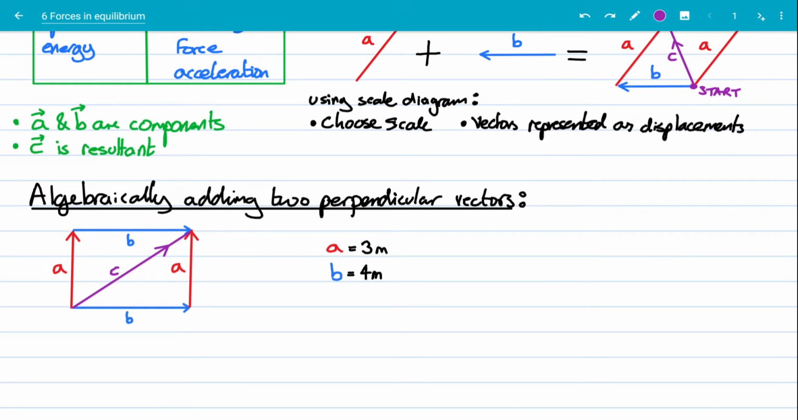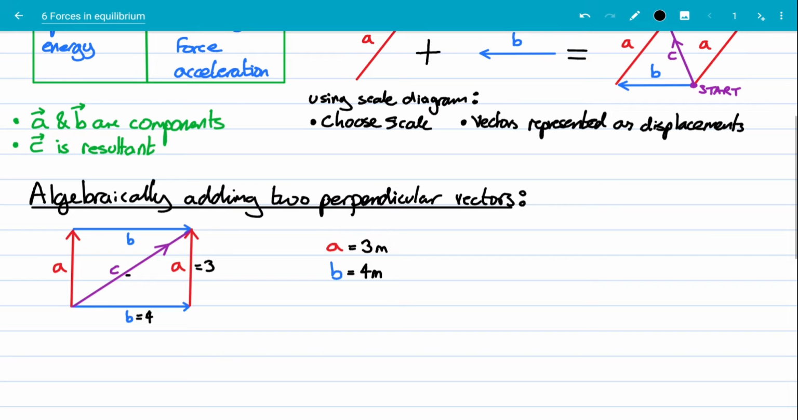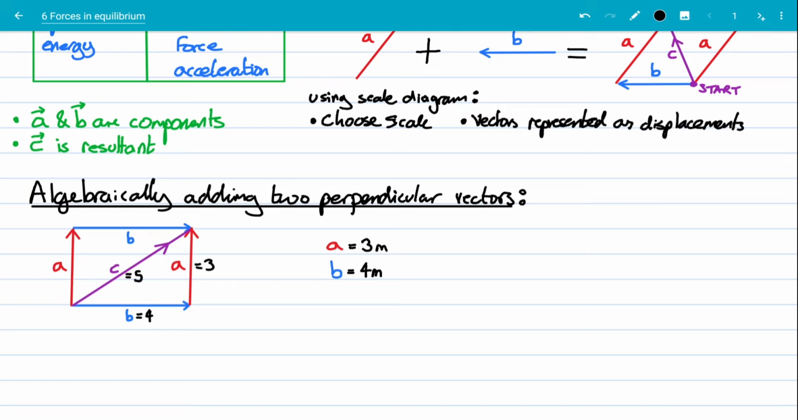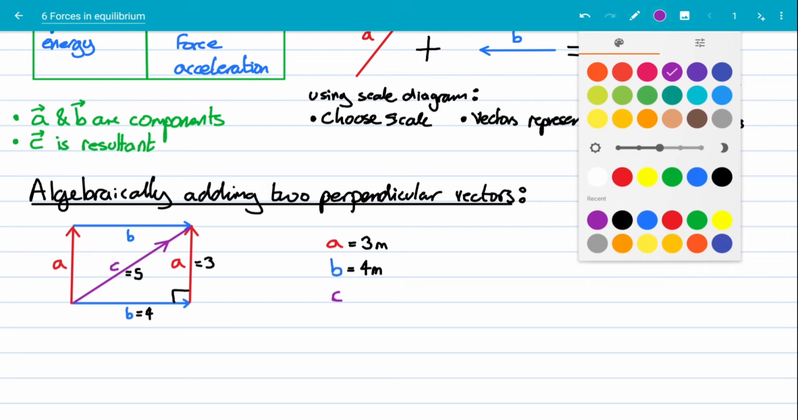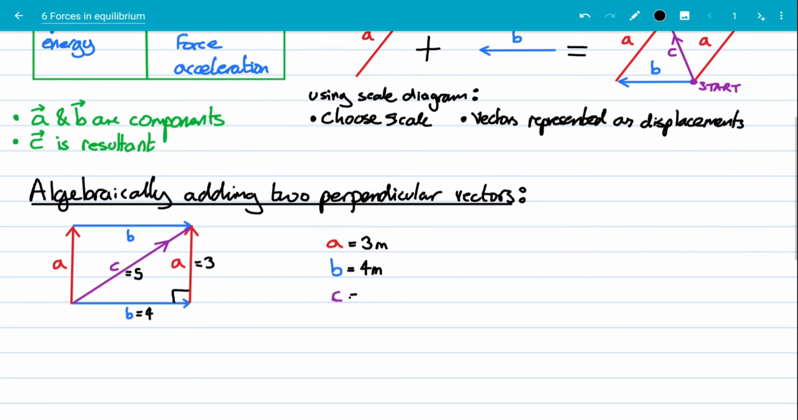But clearly this is a right-angled triangle, so let's just get a black pen out, and let's say that B, which is equal to 4 units, and A, which is equal to 3 units, would make C, and you wouldn't need to use a calculator to know that this is a 3, 4, 5 triangle, so C is 5 units, because that's a right-angled triangle. So we would know the resultant by using